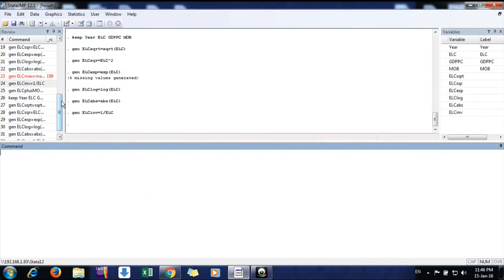and these all are the basic commands. Similarly we can use plus, minus, multiply, divide commands to transform. Suppose we are having two variables, electricity and mobile, and we want to add them and make a new variable. How to do that? So simply you can generate a variable by adding two things. Here you can use minus, plus, into, divide by, and enter. It would be generated. So this is very simple in Stata.